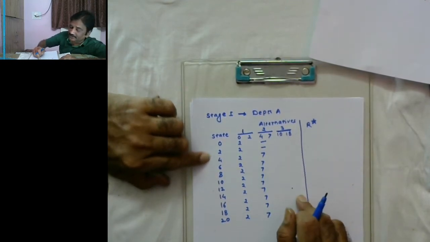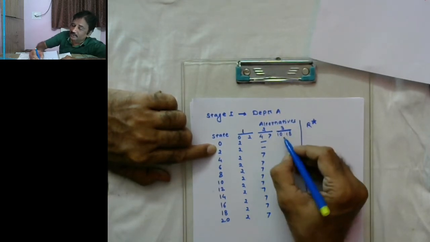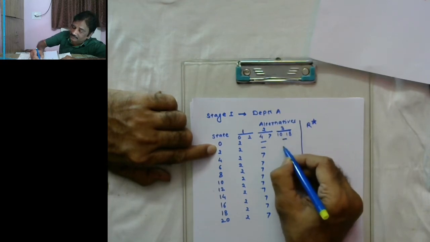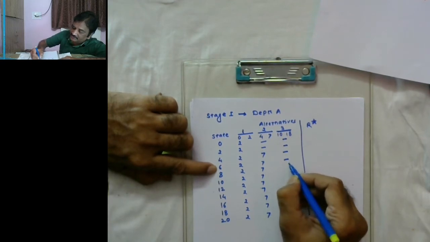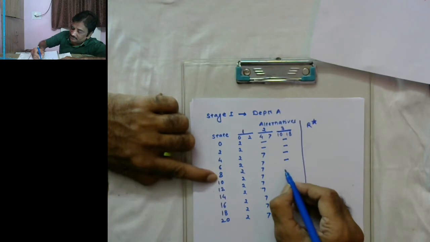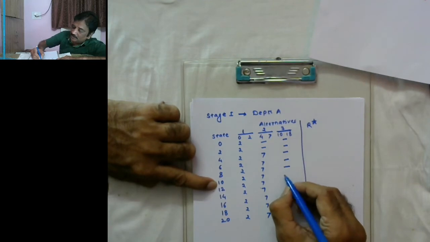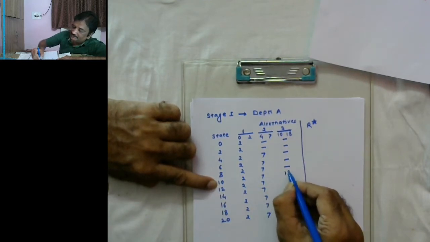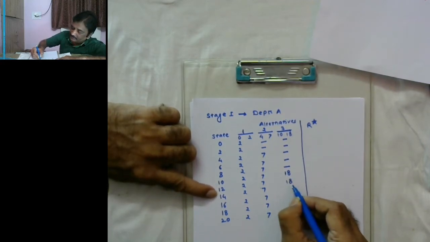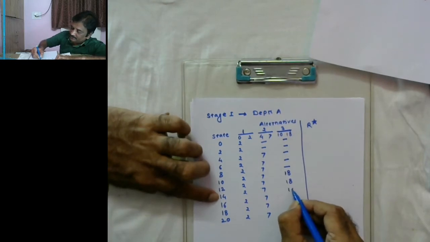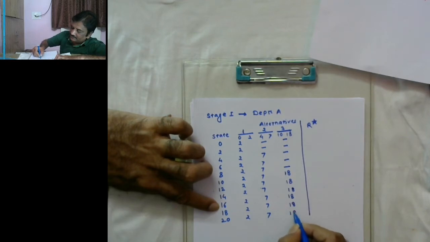Then coming on to third alternative. You cannot use third alternative until you have 10 crore rupees. So, until you have 10 crore rupees, you will have to put dash in third column. 6, not available, that alternative is not available. If you have 8 crore, again that is not available. If you have 10 crore, alternative is available, and you will be getting the return of 18 crore. For everything ahead, you assume you have, the return will be 18 crore. For 16, again 18, and again 18. Alright?